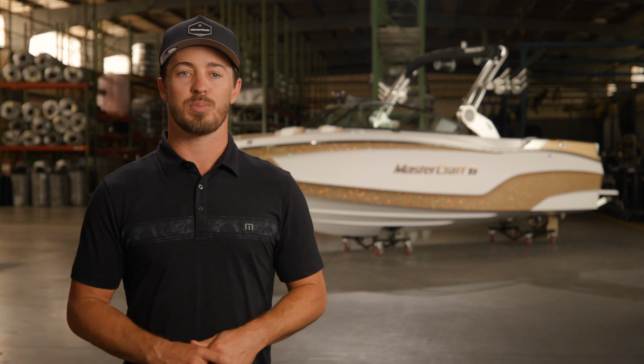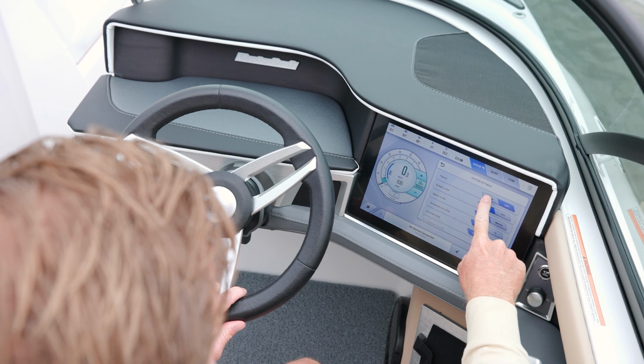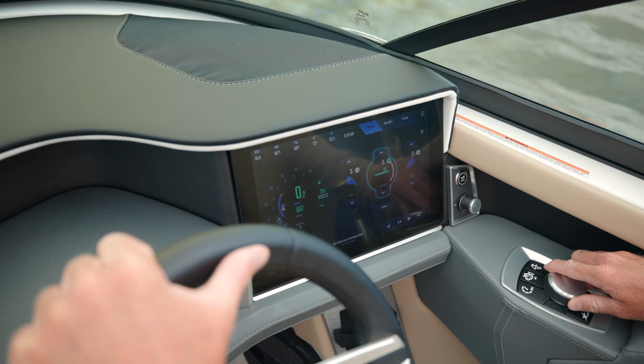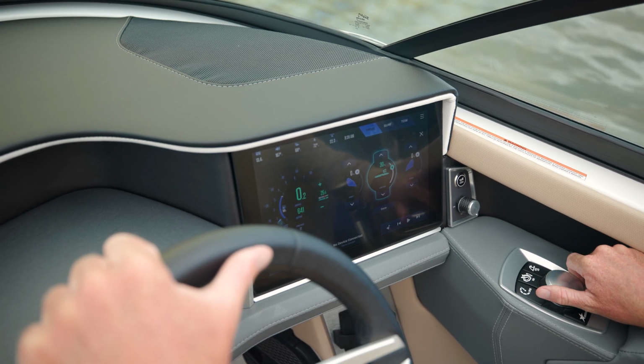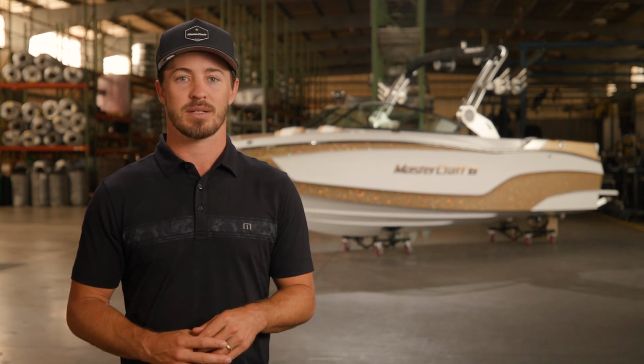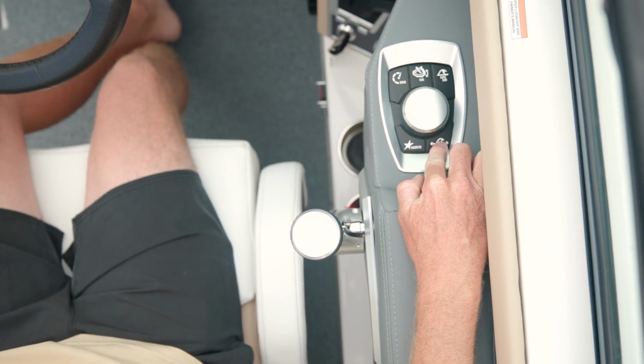While the hardware upgrades are beautiful, we also reworked the entire user interface to make it even more intuitive, immersive, and customizable. A rudder position sensor has also been added for an enhanced driving experience. To make on-the-fly changes easier than ever before, we designed MasterCraft MyDrive, a rotary encoder that puts key controls at your fingertips. The hotkeys and rotary dial allow you to make effortless adjustments while keeping your eyes focused on the